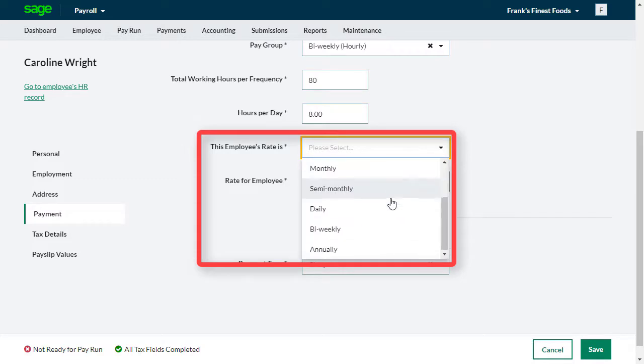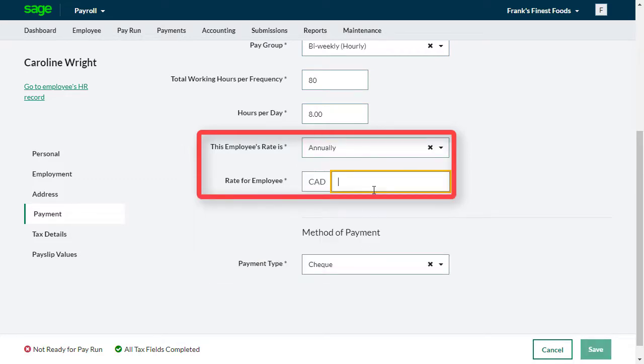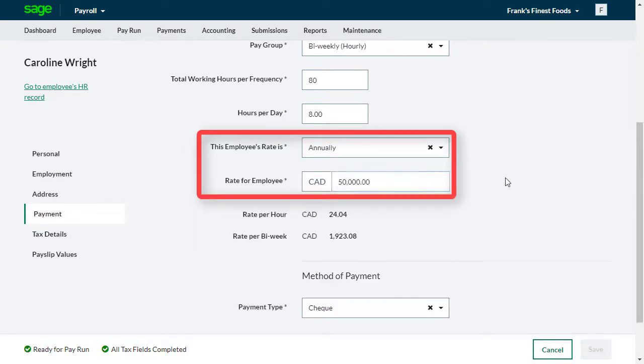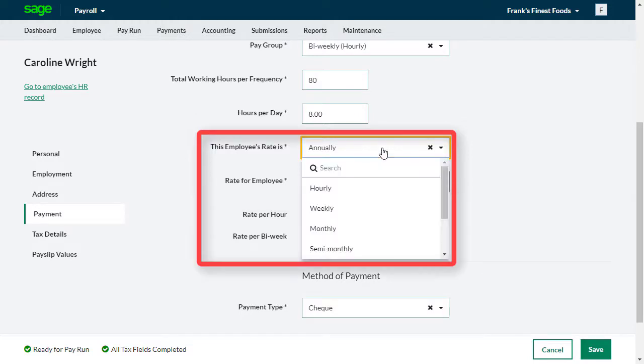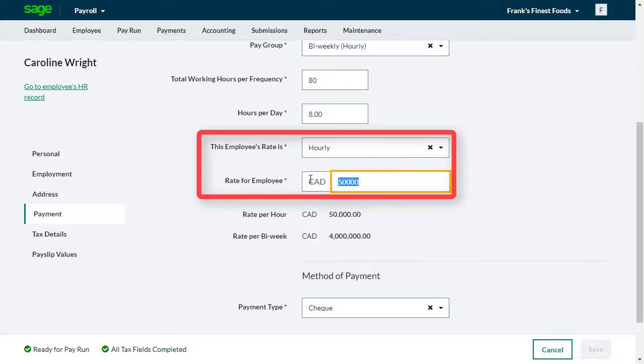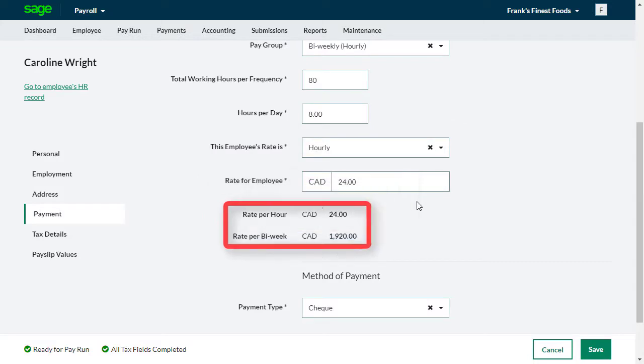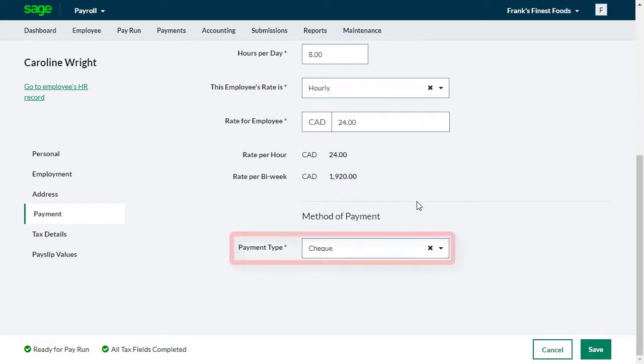For example, you could select an annual rate and enter the employee's pay for the year. Or you could select an hourly rate. The rate per hour and per pay period is displayed. Indicate how the employee will be paid, in our case, by check.